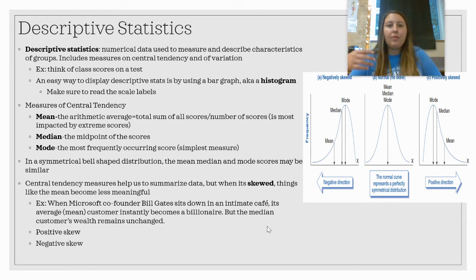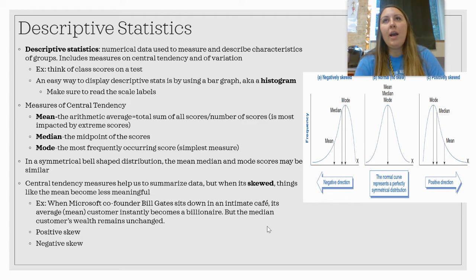So example, when we look at the class scores of a test, oftentimes, like I post on the board, what the class averages are. A class average is a mean, and a mean is an example of a descriptive statistic. So these measures of central tendency, these are those three descriptive stats that allow us to get some information about the data. So the first is the mean. This is basically the average. And this measure is the one that is most impacted by extreme scores.